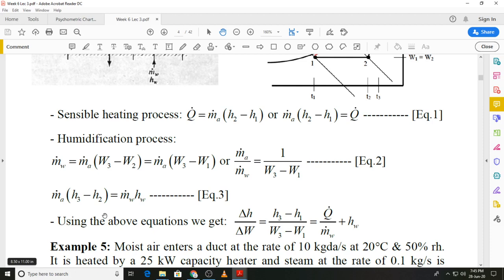Divide throughout by m dot w, so you will get m dot a by m dot w into h3 minus h1, and on the right hand side you will get q dot by m dot w plus hw, and m dot a by m dot w can be replaced by 1 upon w3 minus w1 using equation 2, and the resultant equation that you will get